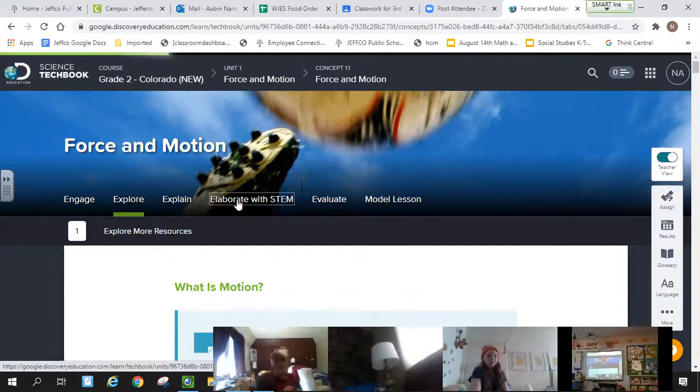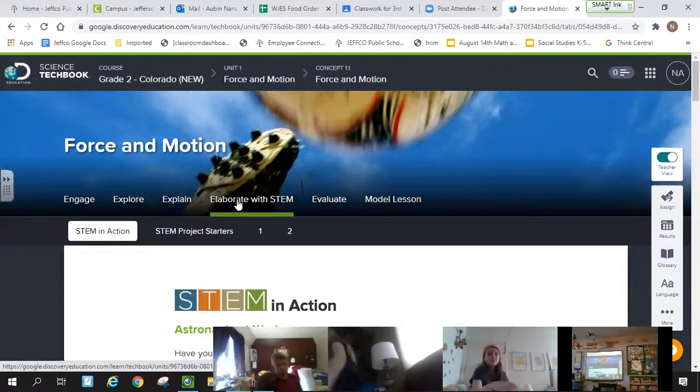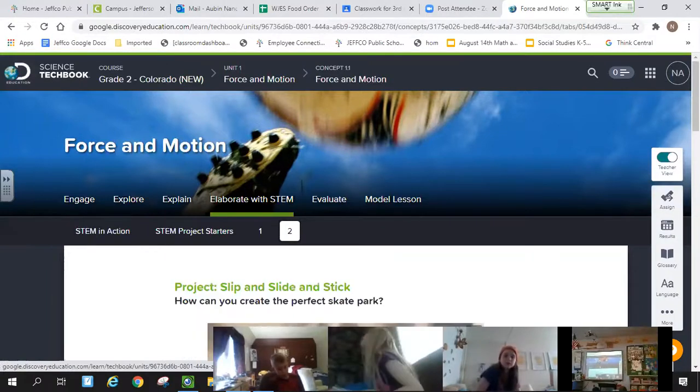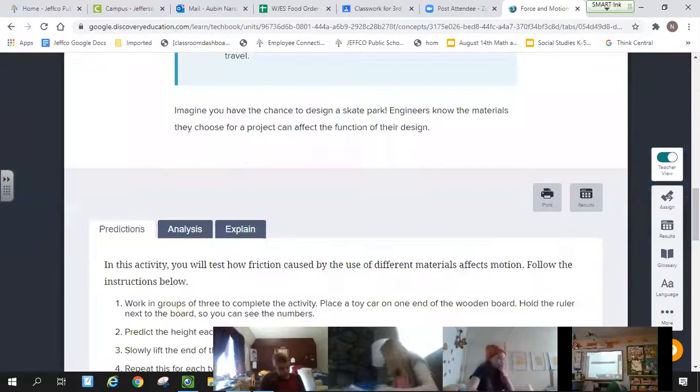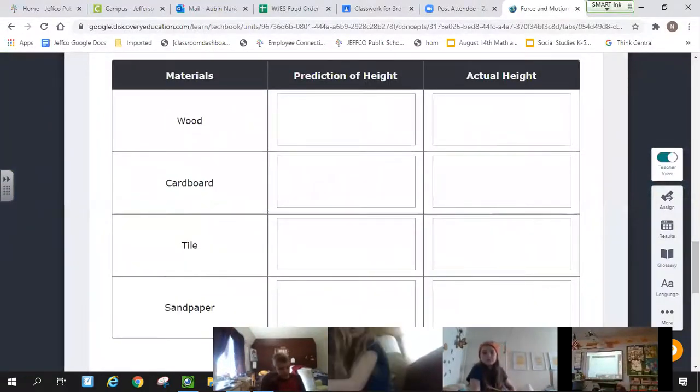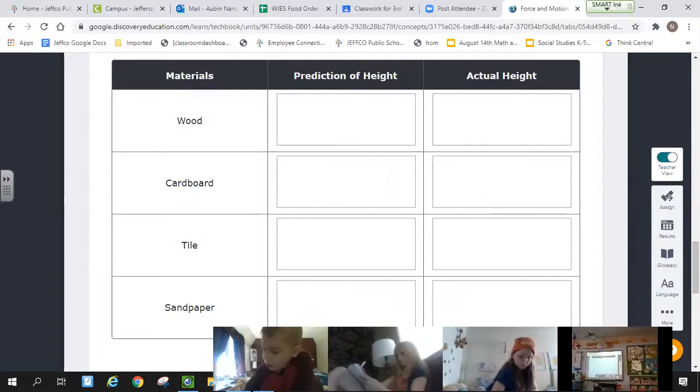And if you are at home, I'm gonna do my best to let you see this experiment. I want you in your science spiral to write these things down. You've got wood, cardboard, tile, and sandpaper. So I will write that down on mine too and then show you an example. You're gonna write the word wood, and then on another line, cardboard, and then tile, and then sandpaper.